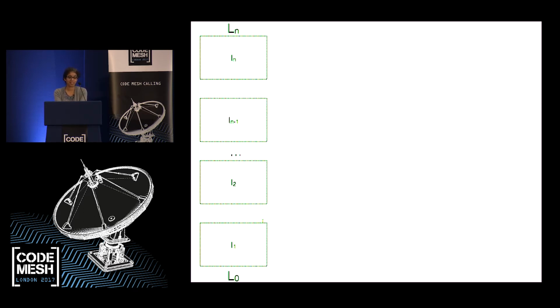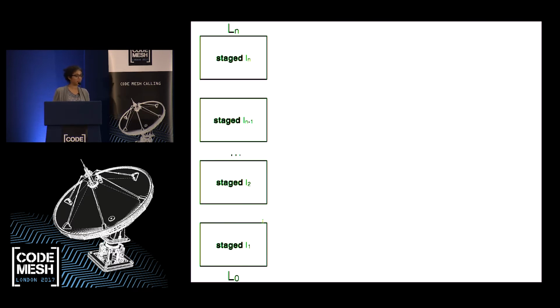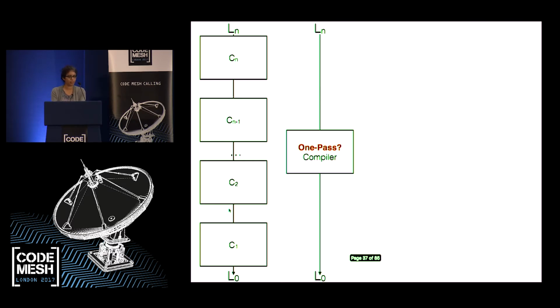So the first idea would be to just stage each interpreter in the tower. And really what that means is that now we have a chain of compilers, a tower of compilers, and so we can just compose them to go from Ln to L0. But what about the goal of having a one-pass compiler? And this is particularly important for reflection, because in reflection we can dynamically jump back and forth between the levels. So if we just had a multi-pass compiler, it would be very hard to realize this jumping